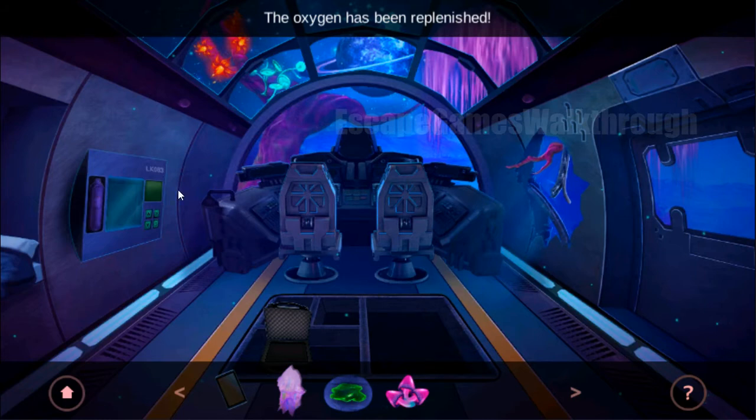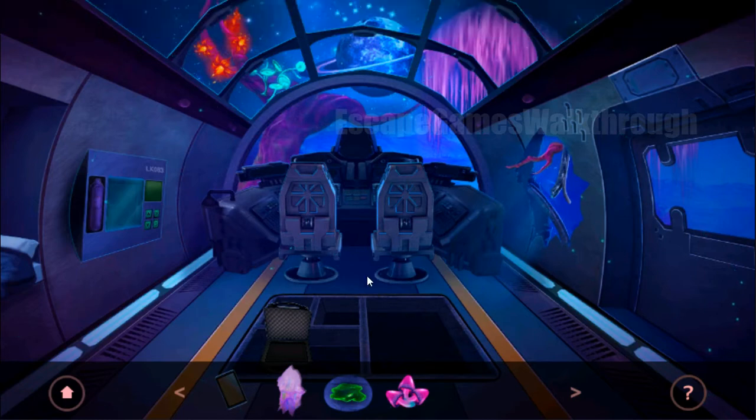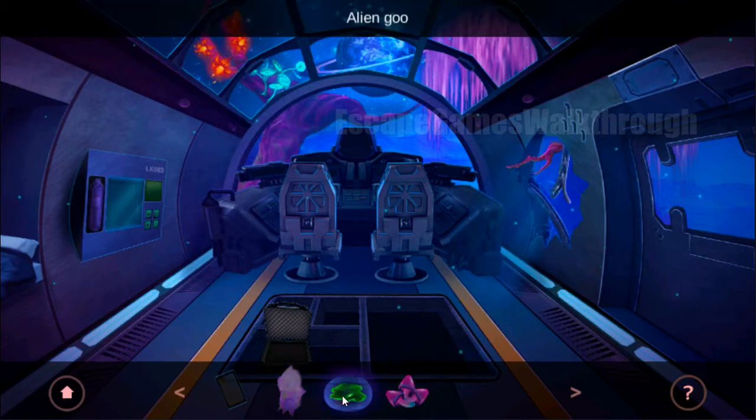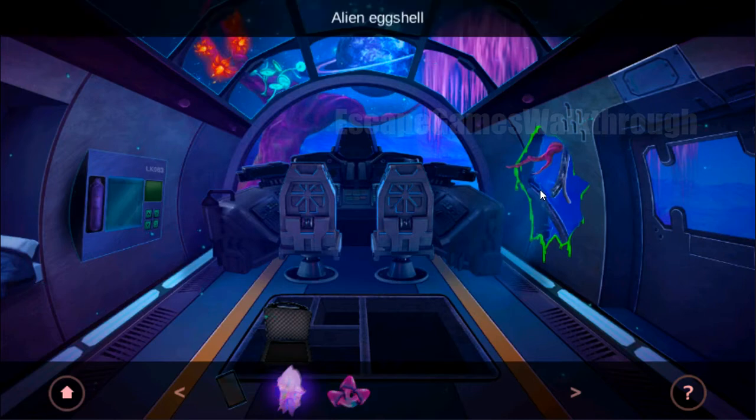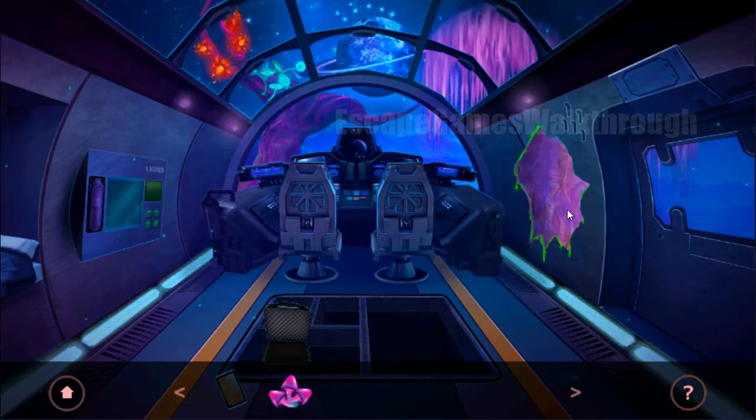So now we can replenish the oxygen in our spaceship, and now we need to fix the hole in the wall. So we need to use this alien liquid as a glue and the eggshell as the fence. So the next thing,